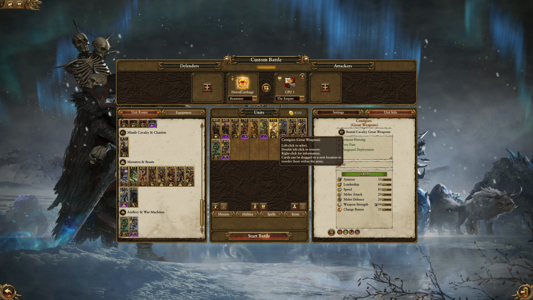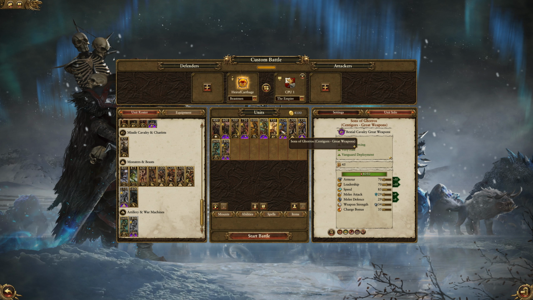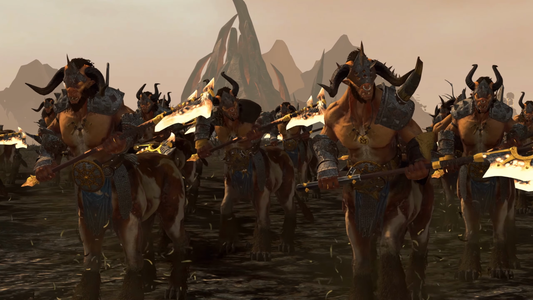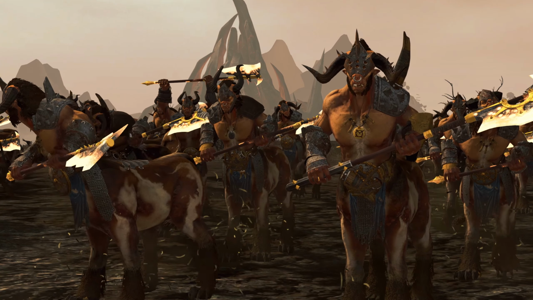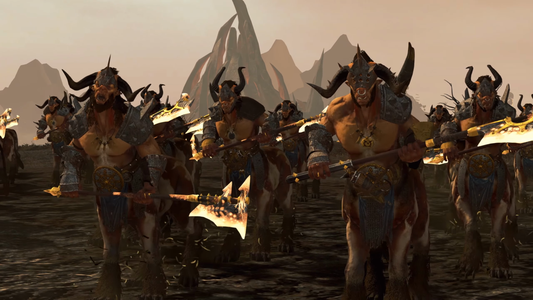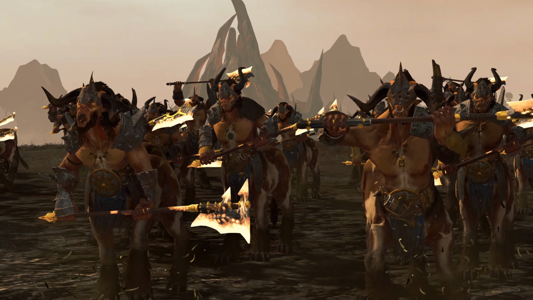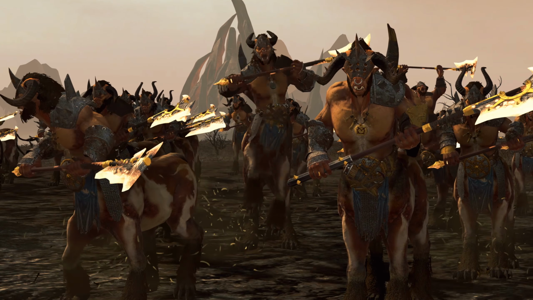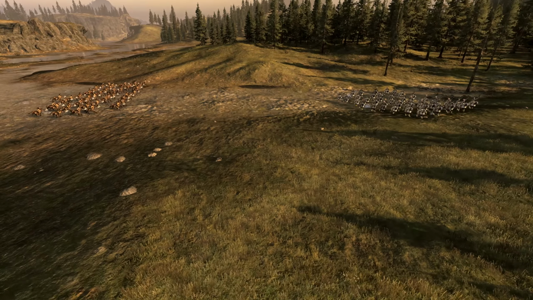So Centaurs with great weapons also got a special variant in the Regiments of Renown. They got the Sons of Goros. These are Centaurs, like I said, with great weapons. A few differences here. They pick up magic attacks, and then otherwise you can see that they also pick up 35 armor, which is also a big deal because that's one of the biggest downsides of a Centaur,